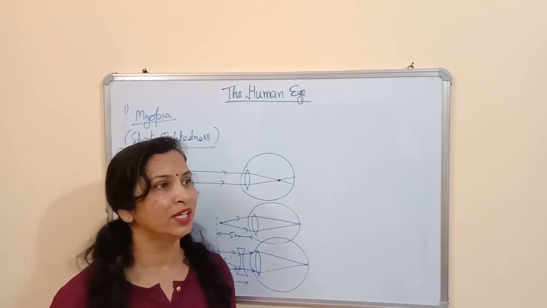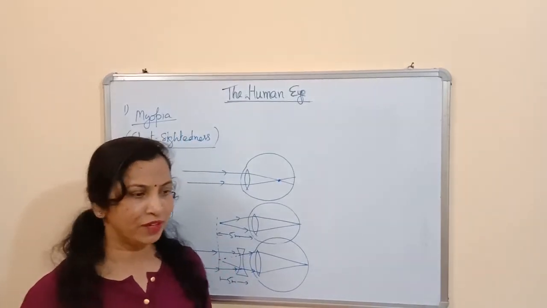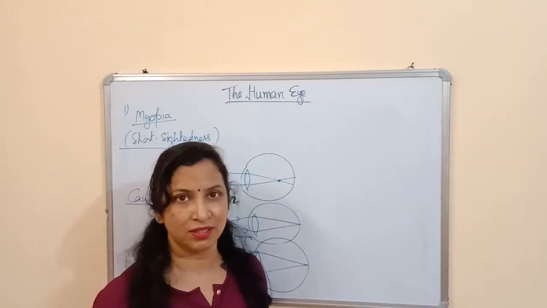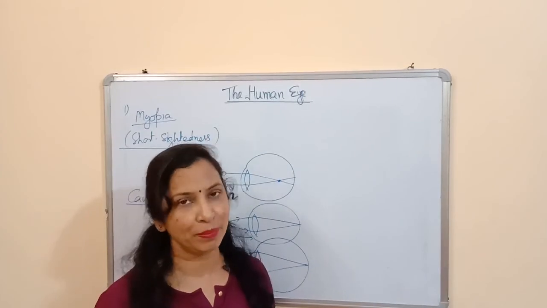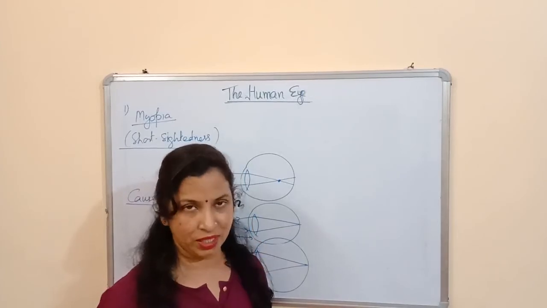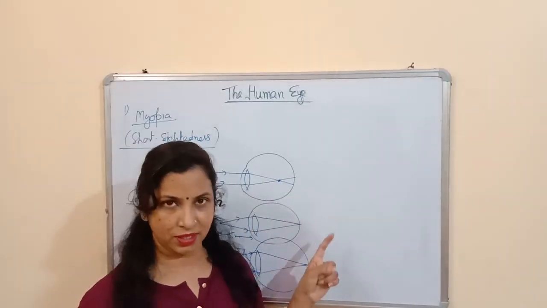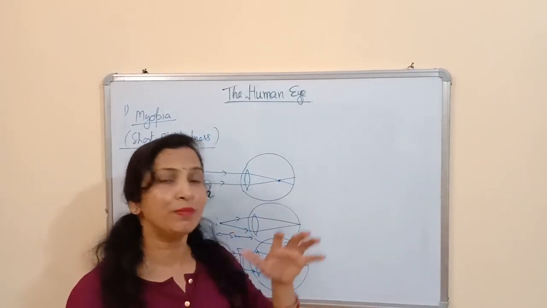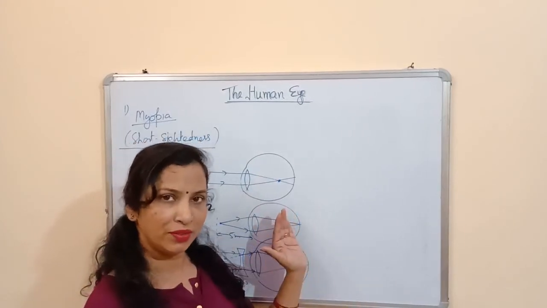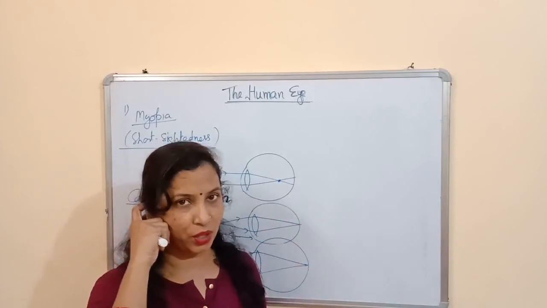Okay, one more defect of vision is called cataract. You may have heard this word, Motiabindu, cataract. In the case of cataract, what happens? A foggy layer, a foggy membrane, forms over our cornea, and because of this cloudy membrane, the image of the object is not clearly formed on the retina. Due to this, a person is not able to see clearly. This is called cataract or Motiabindu.